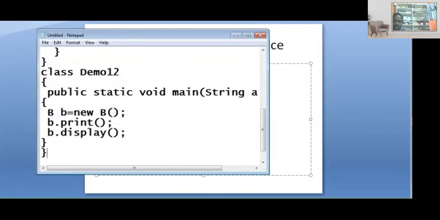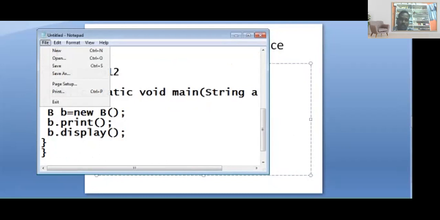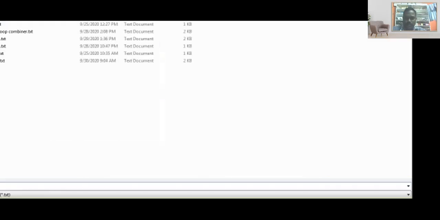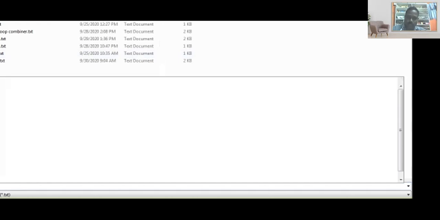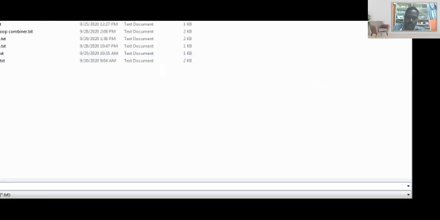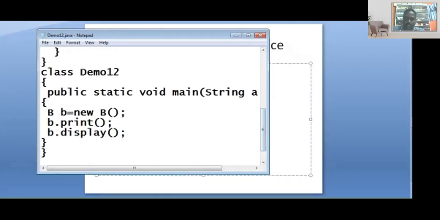So now I'm going to save the code. Demo 12.java. It was saved.